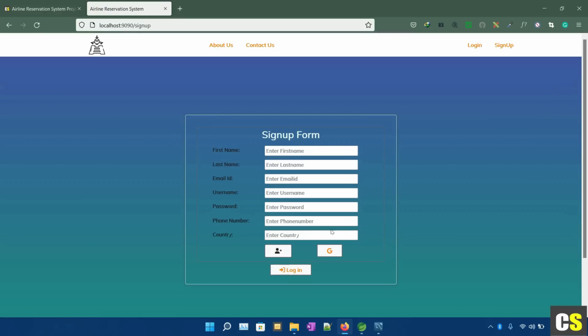You can also sign up using your Google account. And if you don't want to log in through Google, you can enter all your details here. So we will start from the first one. In first name we will enter, sorry, Rahul